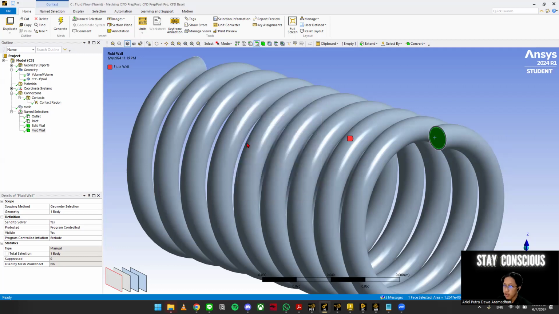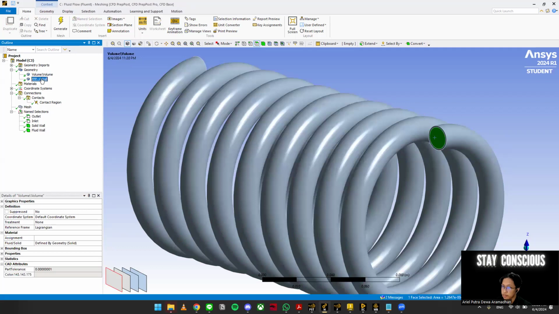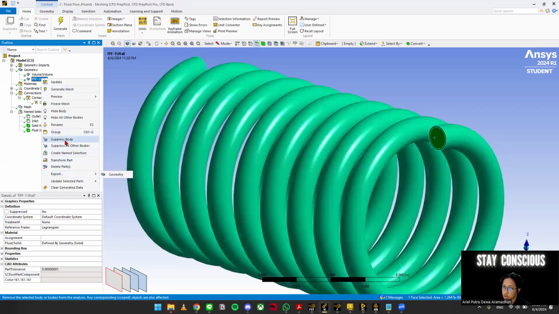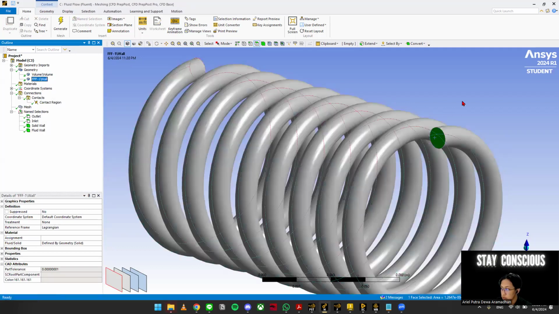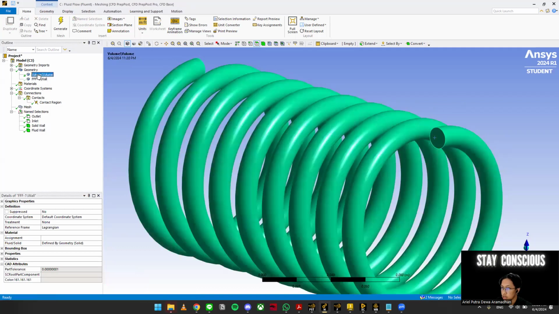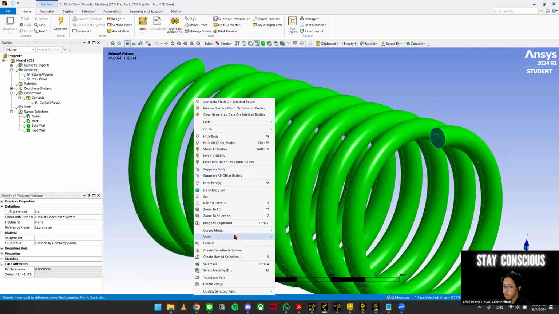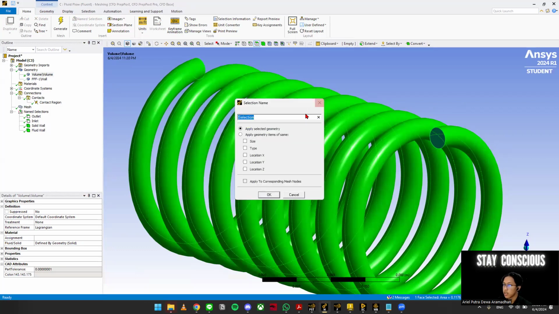That's it. And for the solid wall, all I have to do is here I'm going to hide the body. So this is showing only the inside volume of the flow. And all you have to do is right click and click it, and then right click and create name selection.